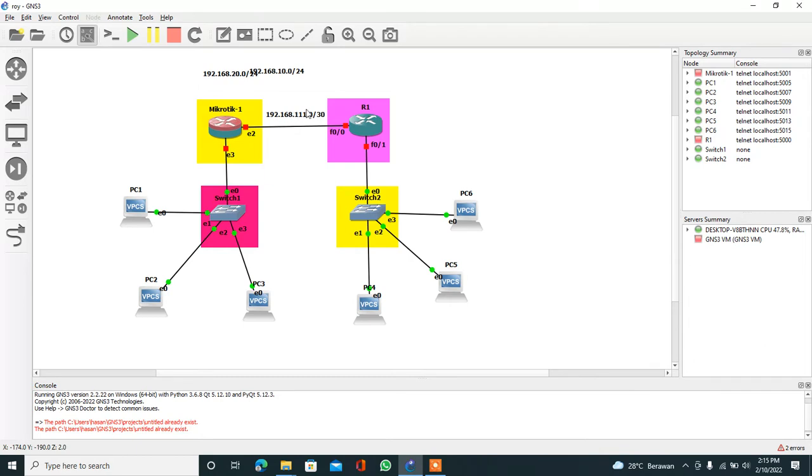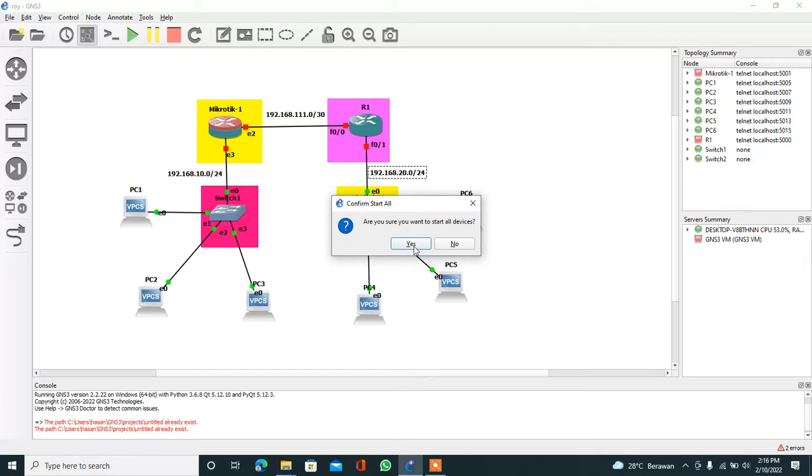For this cable, I give the network 192.168.111.0/30. For this cable, I give the network 192.168.10.0/24. For this cable, I give the network 192.168.20.0/24. Okay, let's start. For all devices, you click this symbol and select yes.